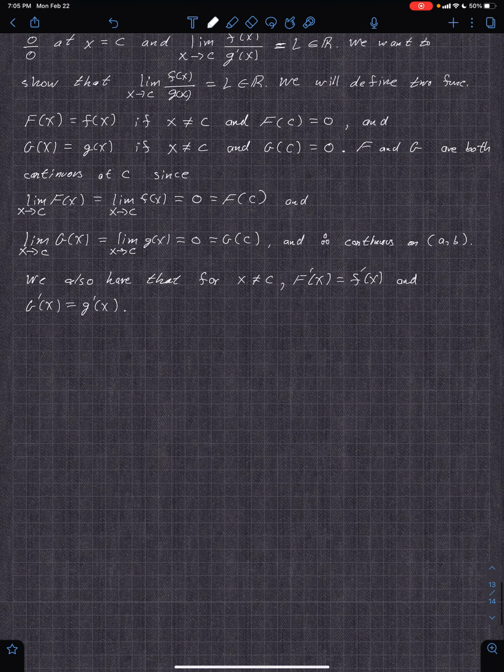All right, so now we may apply Cauchy's formula to either interval. So to either interval, c to x or x to c,